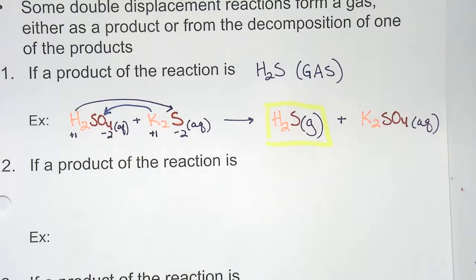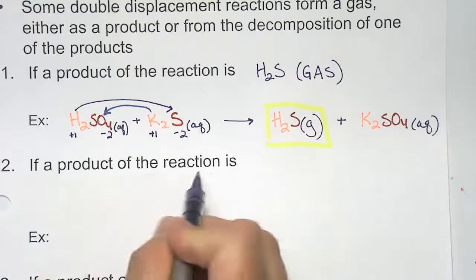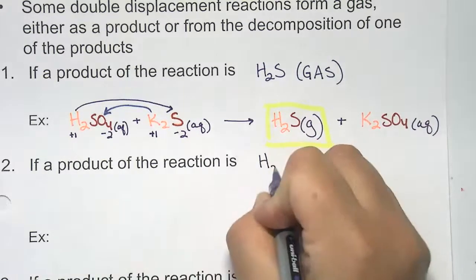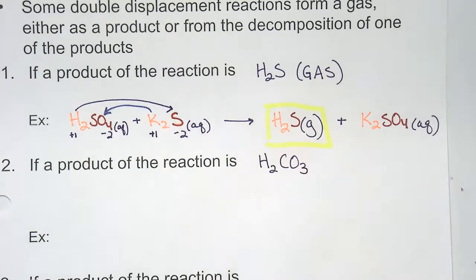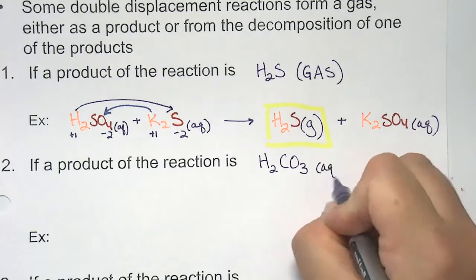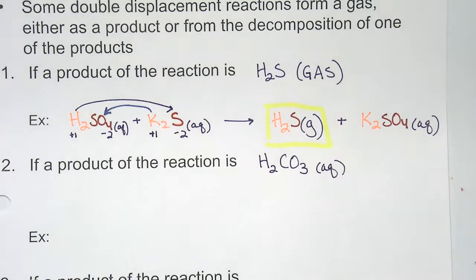Okay, now let's look at another example where it's not so obvious. If a product of the reaction is H2CO3, what state of matter does H2CO3 have, Chloe? Aqueous. Okay, so at first you're like, okay, it's aqueous. I'm guessing the other thing's aqueous. It might be no reaction. But